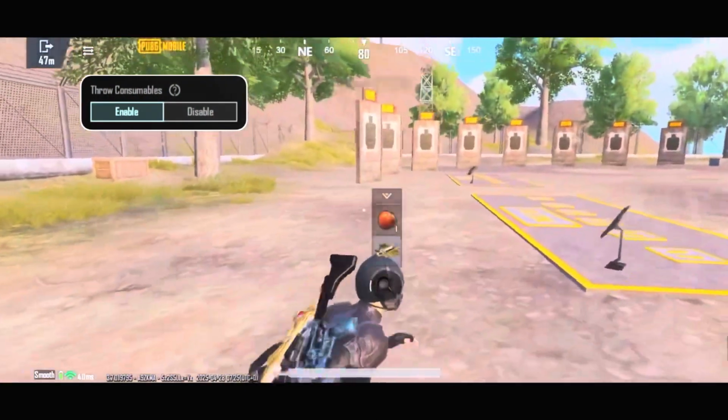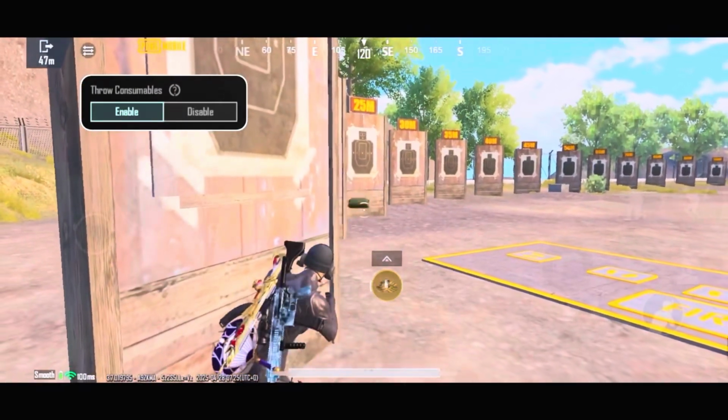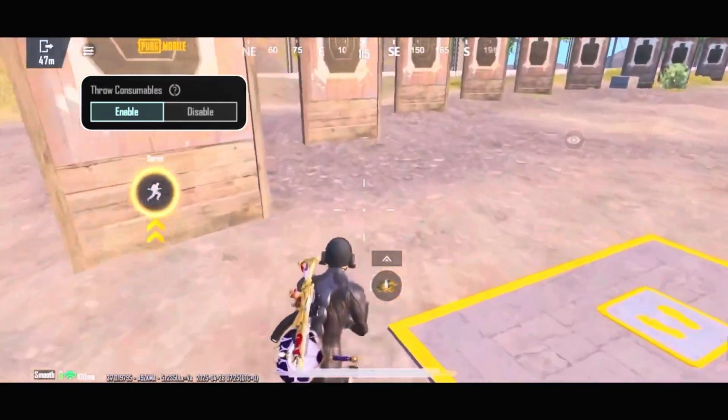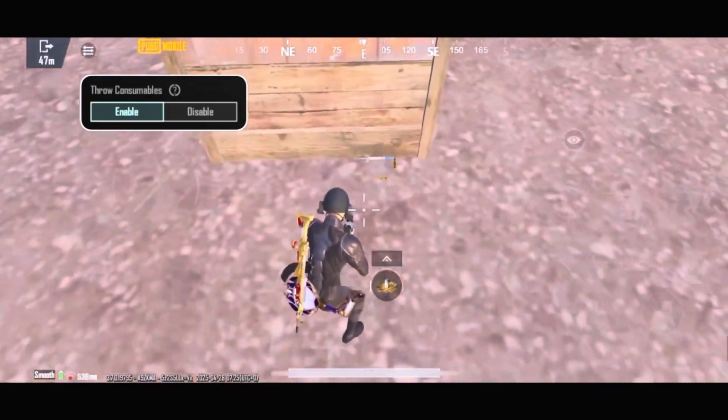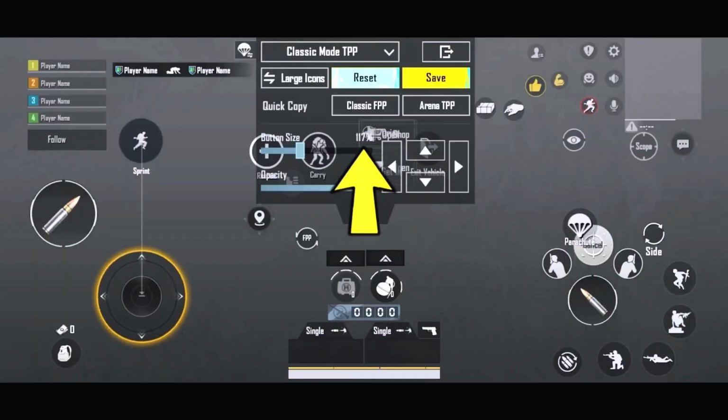Lastly, set the throw consumables option to enable, and this way, when needed, especially when you are surrounded, you can throw consumable packs to your friend. I must say that these settings I mentioned are very important, and you should definitely follow the instructions because they can be very helpful. In the next step, set the joystick size between 120 to 130 to have the best